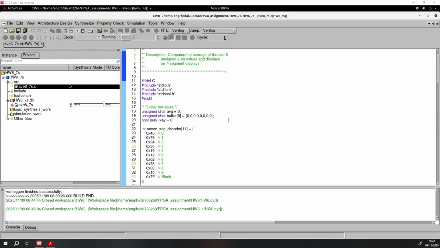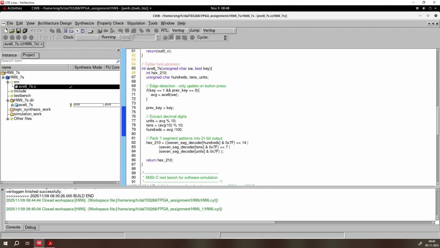on our FPGA. So for this design, our main requirements is from the FPGA, we need to take 8-bit input, a push button to register the input, and based on those inputs, evaluate our average, moving average, and output the same on the 7-segment display. So here the top module is AV8_7F, where this function takes in two inputs, the switch value and the key value, where key is just a Boolean value and the switch is a 8-bit value,